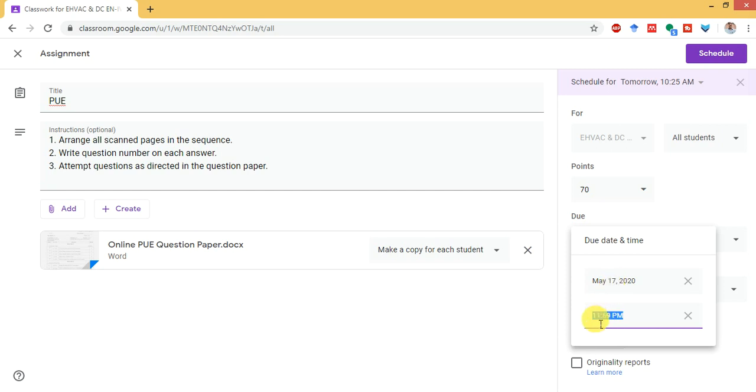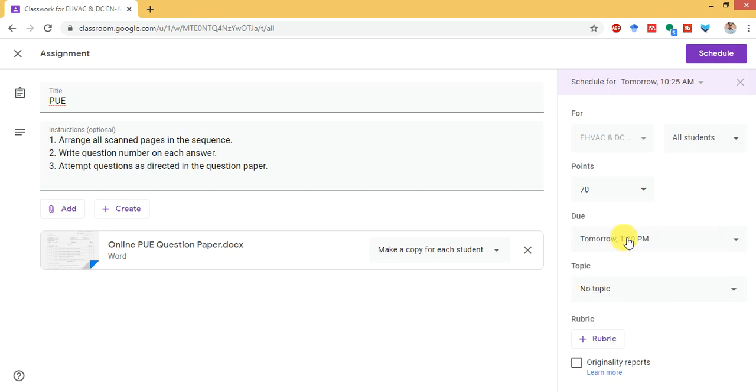So the due date will be 17th May, that is tomorrow, and that will be 1 p.m. So now this is the due date. It is scheduled for 10:25. The question paper will be assigned to students at 10:30. They will write from 10:30 to 12:30, and then 1 p.m. is the due time of submission. So it is scheduled for tomorrow 10:25, and the due date is tomorrow 1 p.m.